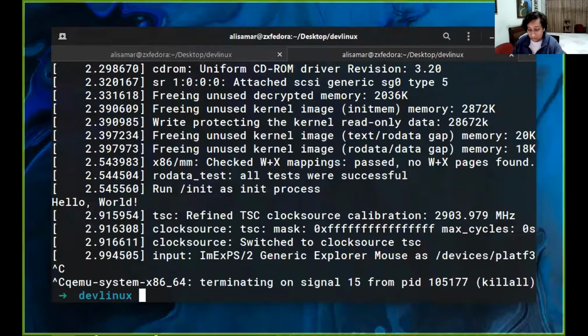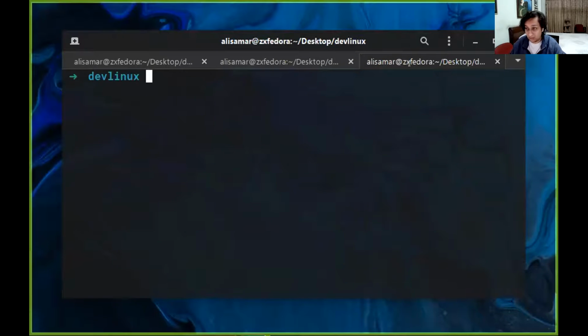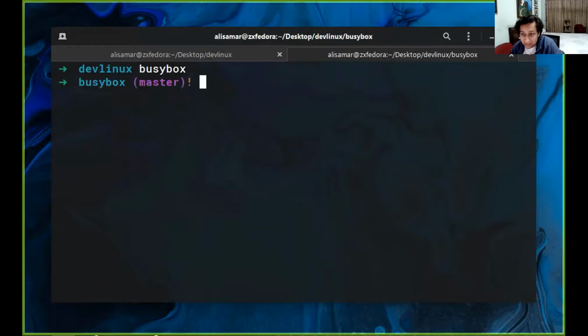Okay, so what we can also do is instead give it a set of standard binaries, right? Now, I don't know if you've heard of BusyBox. BusyBox is basically one giant binary that has a lot of command line utilities inside it, right? So what we can do is we can tell,